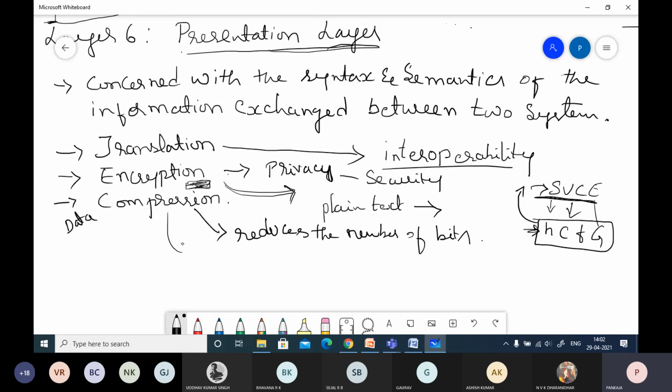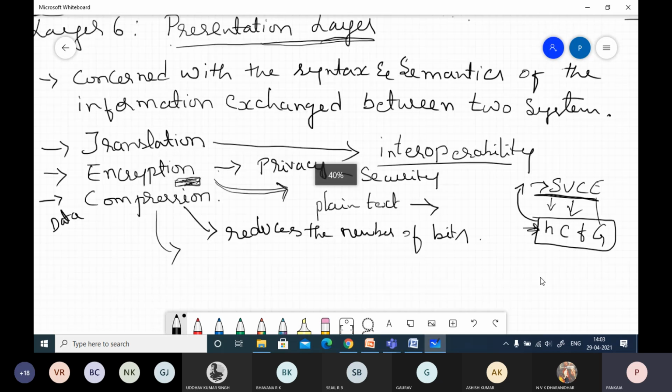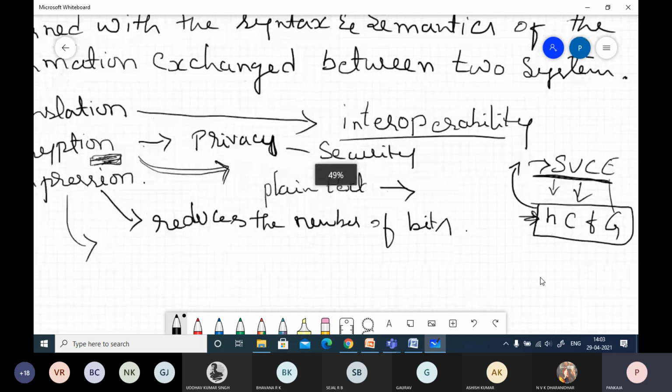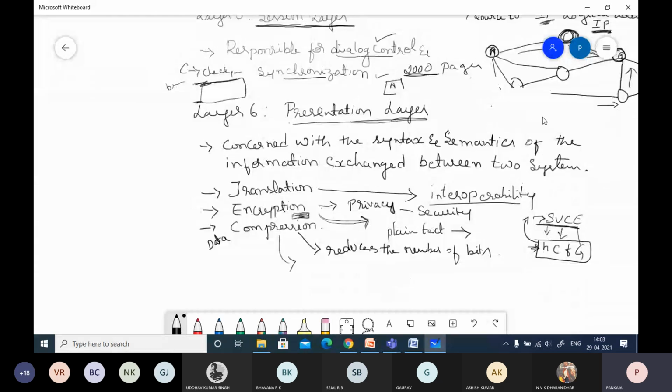For that also there are many algorithms. I am not going to discuss those algorithms as of now. One example I can give for compression is Huffman coding. You just explore what Huffman coding is and how it works. That is a common example of a protocol used for data compression. As of now, whatever we have discussed is only the layers of the OSI model. What was the difference I told you between the OSI model and the TCP/IP model?